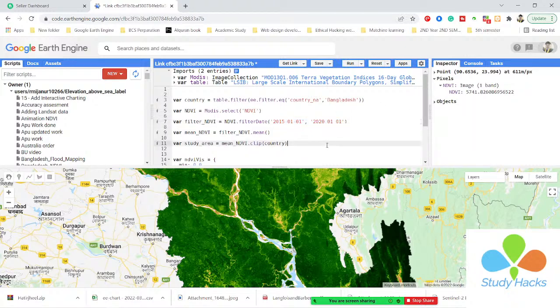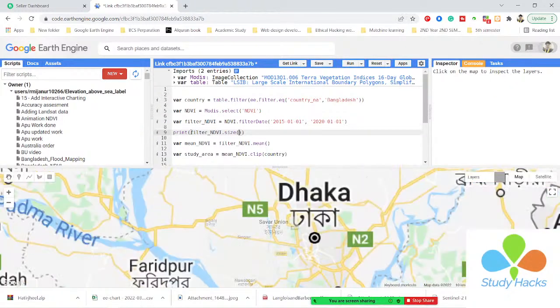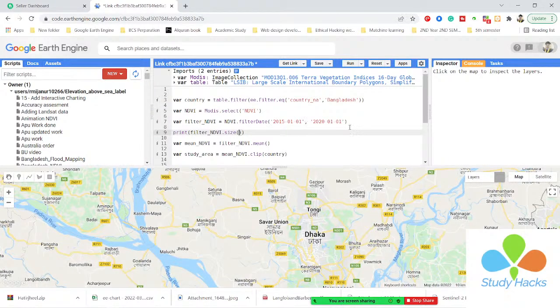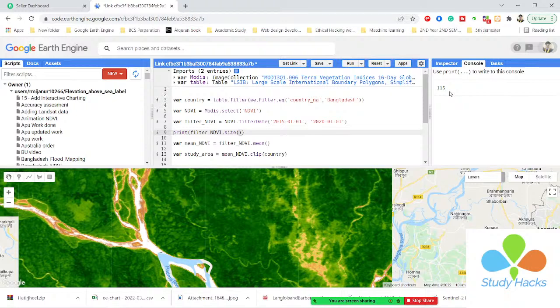First of all, I want to check the filtered NDVI: how many images are available in my filtered NDVI between this time period. You already know the print function, so I simply copy and paste the filtered NDVI here, use the size function, then click run. Here you can see we get a total of 115 images,